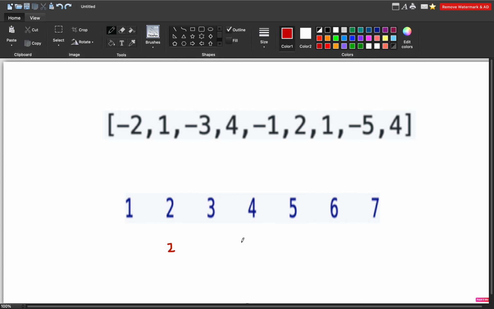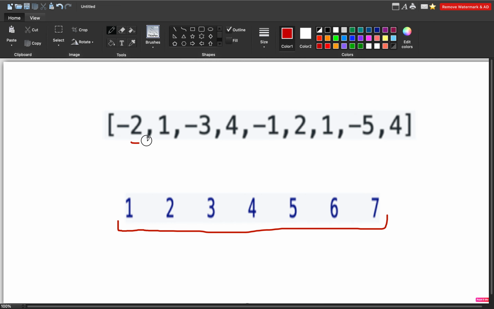Now let's proceed to what the question is trying to say. Here we are required to find the subarray with the maximum sum. The subarray with the maximum sum in this case is all the elements taken at a time, so it will be the total sum of these elements, whatever it is. But that is very easy since there are no negative elements. The problem arises when there are negative elements as well.